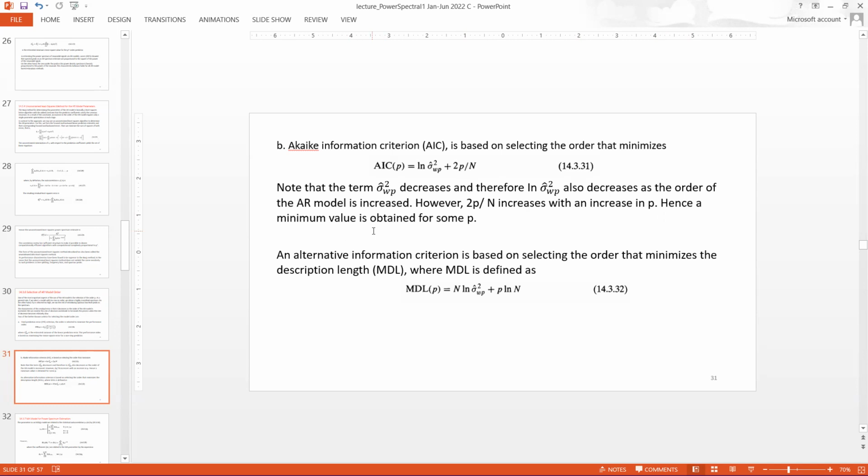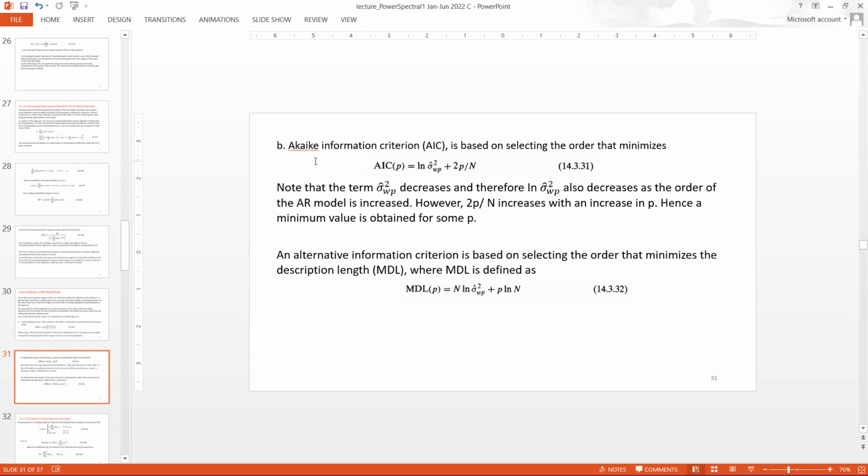Hence, a minimum value is obtained for some p. বললো আমরা যদি এটা বাড়াই তাহলে ওভারঅল সিগমা স্কয়ার ওমেগা পি, আমরা যদি এখানে এই ভ্যালুটা বাড়াই তাহলে ওভারঅল ভ্যালুটা বাড়বে। আবার এখানে বলছি আমরা যদি অর্ডারটা বাড়াই তাহলে এখান থেকে ওভারঅল ভ্যালুটা কমবে। তো এই যে বাড়বে এবং কমবে, যেখানে আমাদের অপটিমাম ভ্যালুটা আসবে, সেখানে আমাদেরকে আমাদের ভ্যালুটাকে সিলেক্ট করতে হবে।